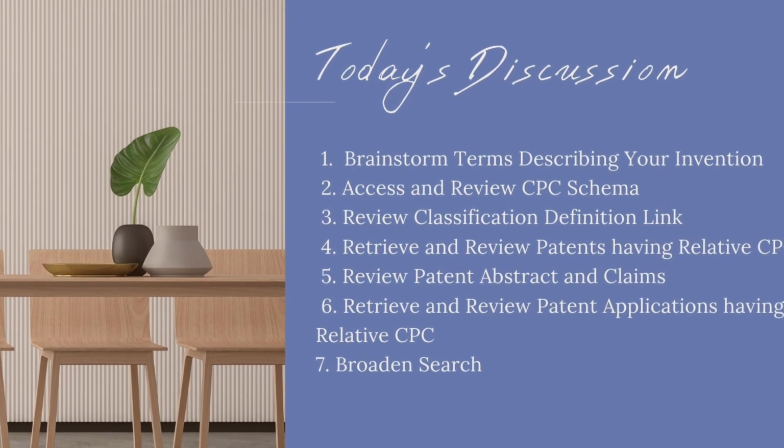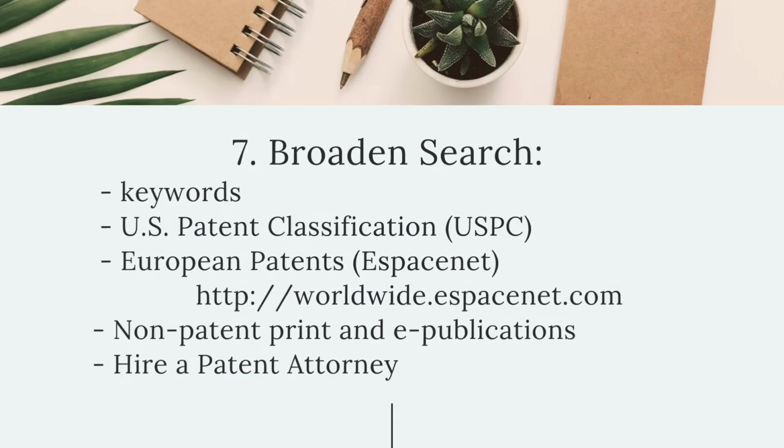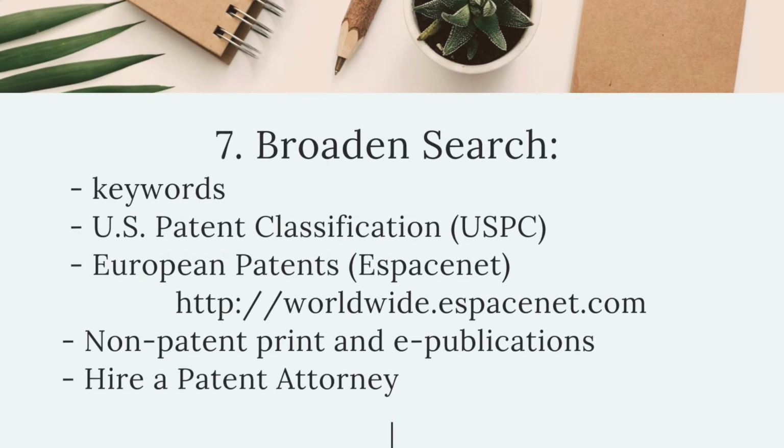1, 2, and 3. Then you're going to broaden your search using the US Patent Classification Code, which is different from the CPC code. And so those codes you found in some of the related patents and patent applications. You can use that to further your search and find other references. And the next step, you can search a number of the foreign published patent applications or published patents using the